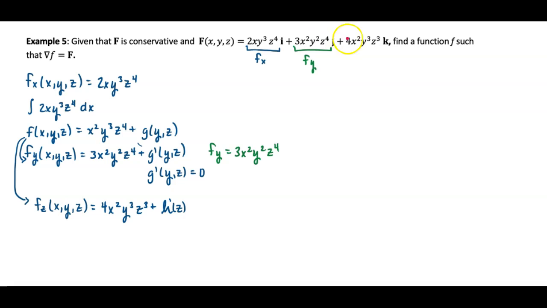And so let's compare this now to our partial with respect to z from the original problem. Because our partial with respect to z from the original problem is 4x squared y cubed z cubed, this is exactly what I see here, and now I can conclude that h prime of z is just equal to 0. Which means that my original g of y and z is a constant and my original h of z is also a constant. And so we are just left with f of x, y, z